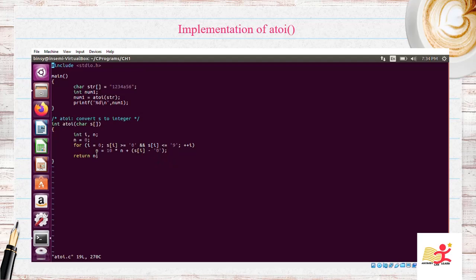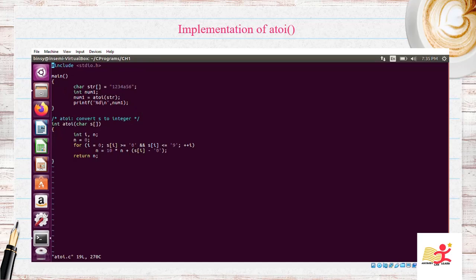So n will be 1. The next digit will be 2. In that case, 10 * 1 plus ASCII of 2 minus ASCII of 0, you will get 2. So you get n as 12. If you continue, you will get 1234. That's the integer. And whenever it encounters A, it just returns from this function. So that's how atoi works.